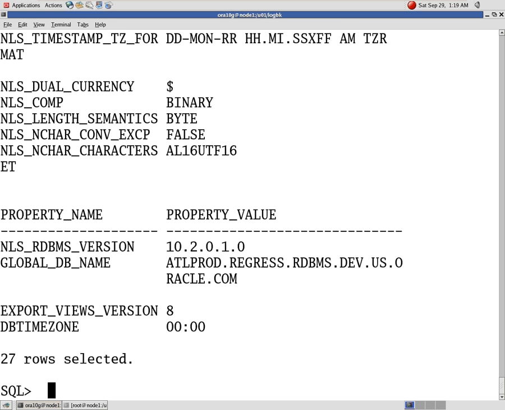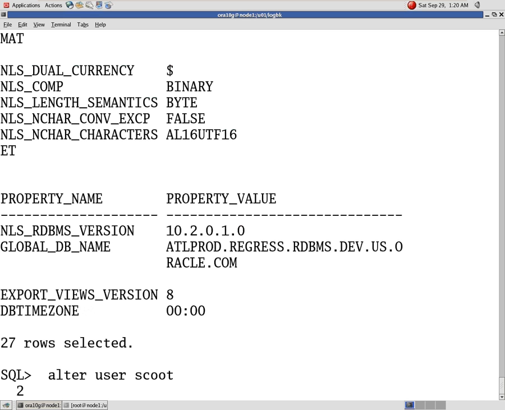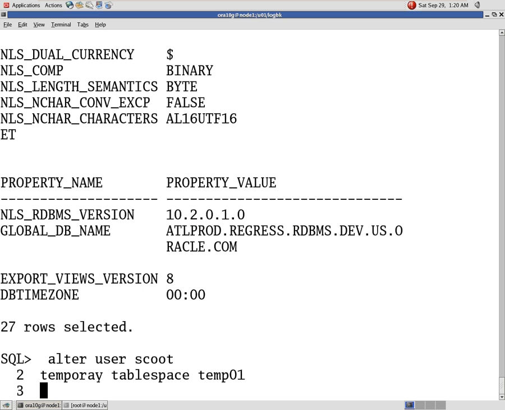This is one solution. The other thing is to give permission to that user on the table space, like this. Alter user, what's the username? Scott. No need for identified by password. Again, I'm giving default temporary table space temp01.